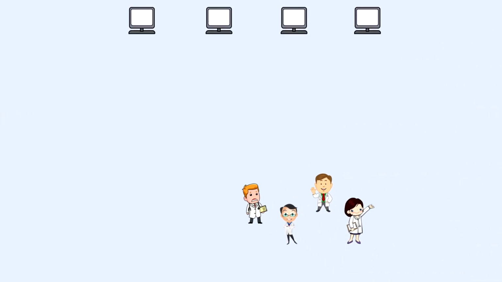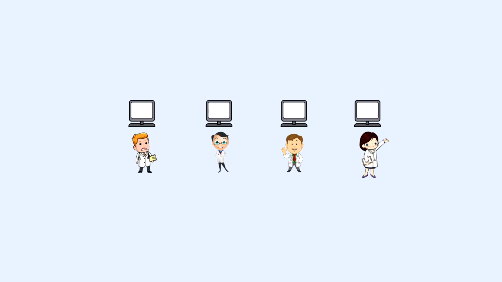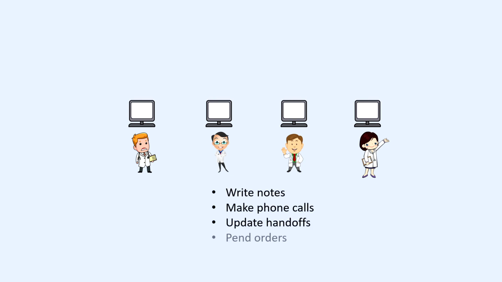After rounds, you will complete tasks necessary for your patients the rest of the day. The level of responsibility you have will vary depending on your institution and team, but often you may be finishing your note, calling to coordinate social work or figure out discharge plans, updating handoffs that will be given to the night team, etc. In some situations, you may be allowed to pen orders for your patients for your resident to sign, call consults, and even hold the pager and return calls to nurses to figure out what they need for your team's patients. This is really where you can shine to the residents on your team by helping them out on difficult and time-consuming tasks and being a good team player.